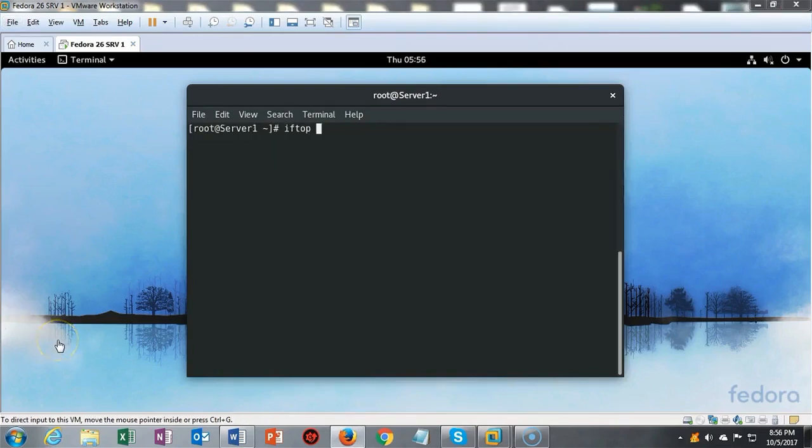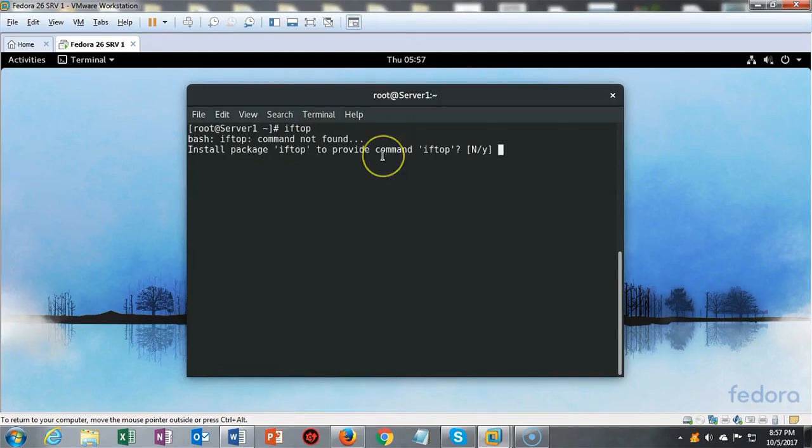Another free open source tool that we can use to monitor our network bandwidth usage is called iftop. iftop does for network usage what top does for CPU usage. iftop is a top family tool that monitors a selected interface and displays the current bandwidth usage between any two hosts. And just as before, iftop is not going to be present, but we will be presented with the option to install. So I'm going to go ahead and launch iftop at my terminal,